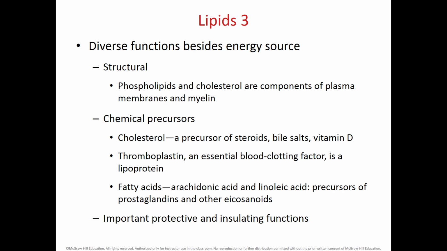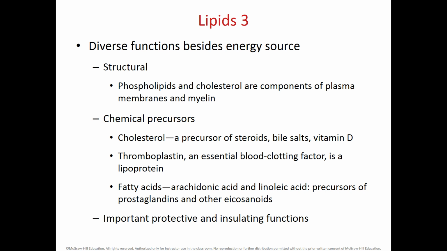Functions of the lipids: fats will form phospholipids within the plasma membrane of the cells. Also, fats like cholesterol help to form a more rigid plasma membrane, not so rigid but more rigid than without it, and also help to form myelin. And remember, cholesterol is a steroid, so it will help to form sex hormones like estrogens, testosterone, and also bile salts that are important for emulsification of fats, and also help to form vitamin D